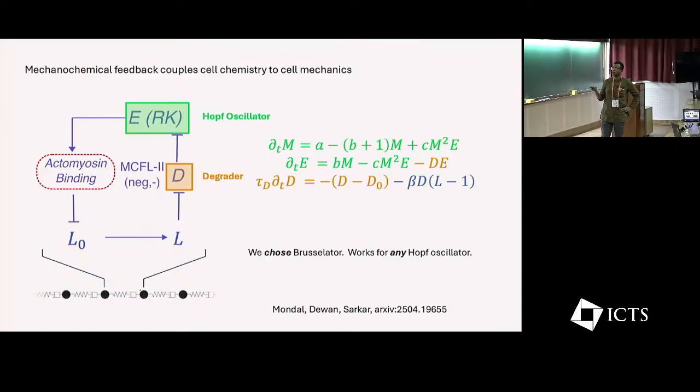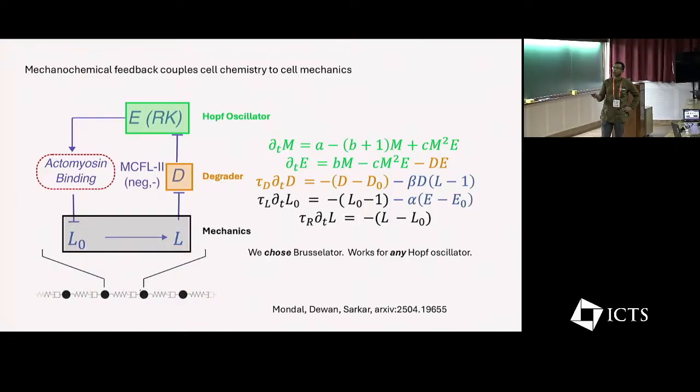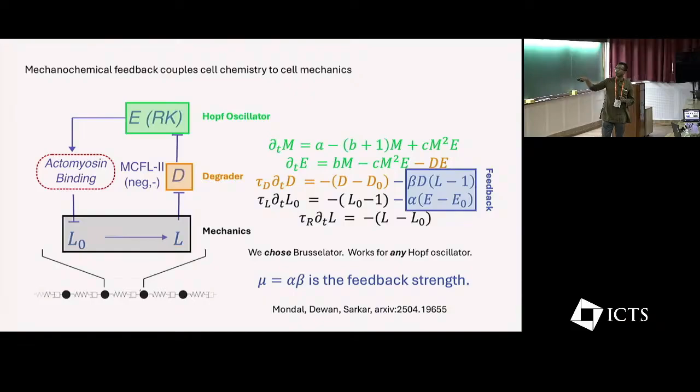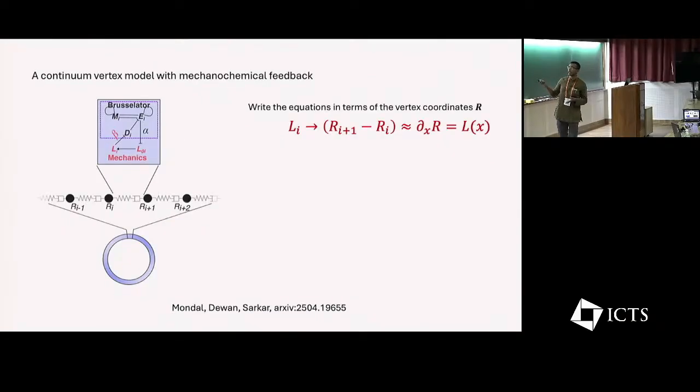And it has its own dynamics, as does the mechanics part of it. But what is unique about this set of five equations, which is already quite complex, is that there is a feedback between the mechanics and the chemistry. And this product alpha times beta is the feedback strength of this system, okay? So now this is a really complicated set of equations. I don't expect you to know and learn anything just by looking at it. But we have done that, so I'm going to tell you the story as we have done it.